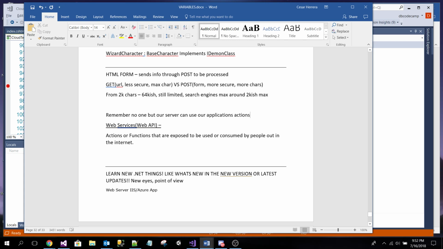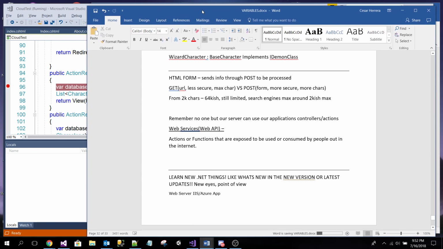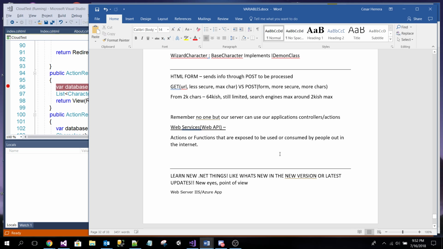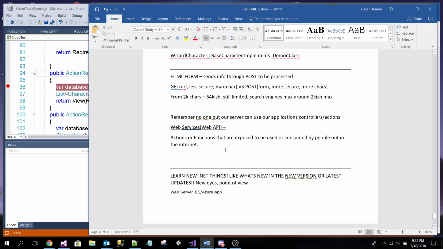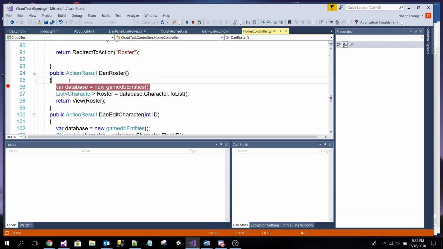Actions. Controllers. Here we go. Okay. Yeah, so they're actions that are exposed to be used or consumed by people in the internet. And so then let's say, oh, by the way, this is our action here, right? Well, first of all,